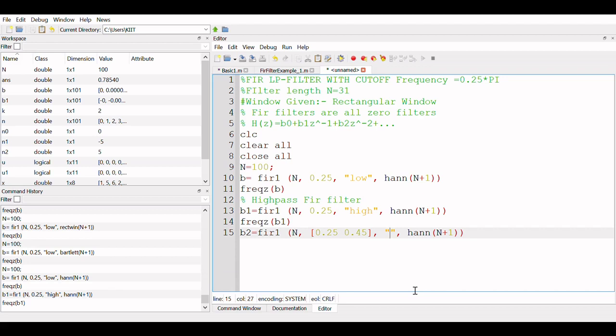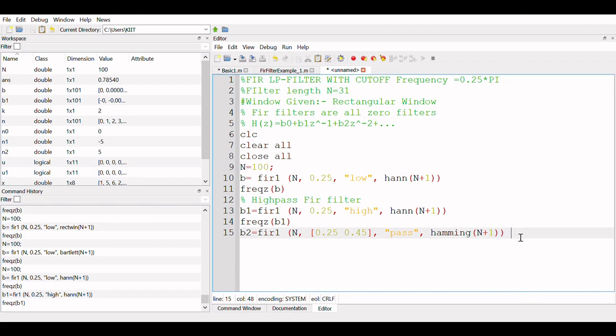Don't worry. If you have MATLAB, just use this command, or if you don't have MATLAB, this is Octave. You can write the same command using MATLAB or Octave, no worry in that. You just have to pass the argument called pass. Now suppose I am changing the window. Suppose I need a Hamming window, so I'll just write Hamming.